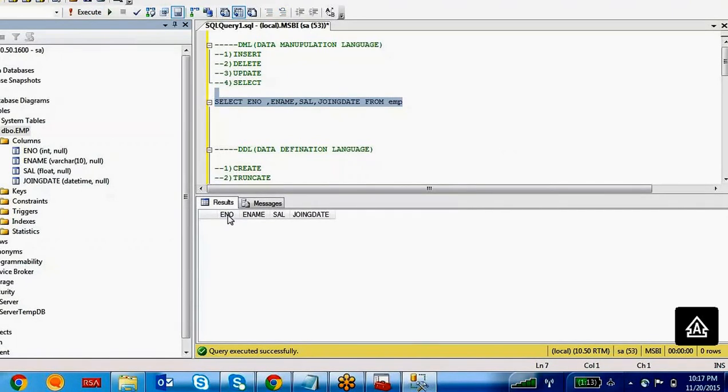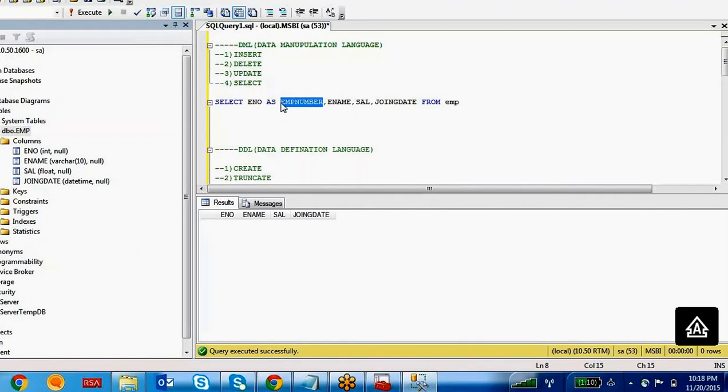For example, if you don't want to display this employee number as employee number, and you want to display it as EMP number, then you have to give an alias name.